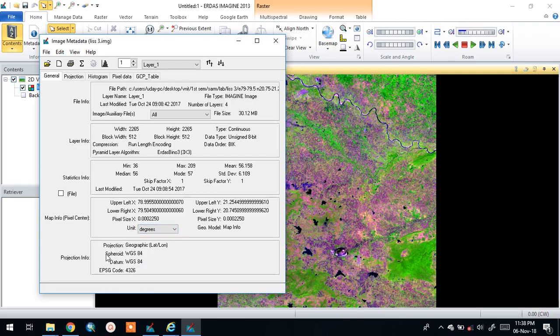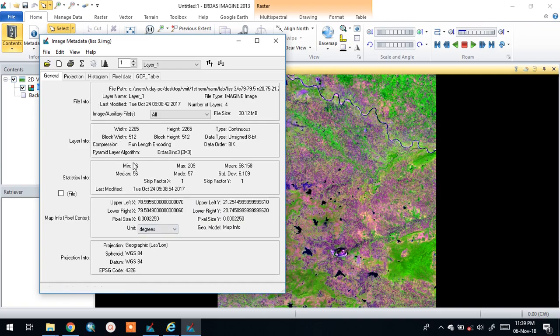And the projection system of the image is World Geographic Coordinate System 1984. From the Bhuvan website, we are getting that the size of each cell is 15 minutes by 15 minutes, meaning 0.25 degree by 0.25 degree. Here the whole image is a mosaic of 4 tiles, so that the size of the image is 0.5 degree by 0.5 degree.